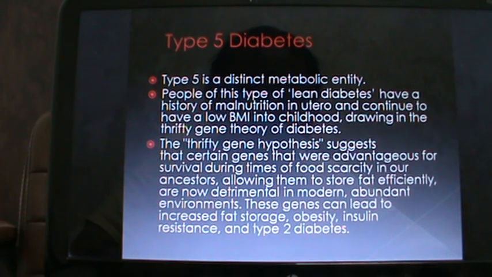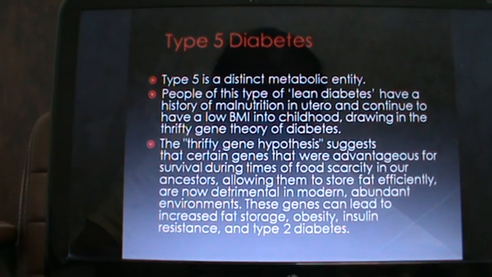What is type 5 diabetes? Type 5 diabetes is a distinct metabolic entity. People with this type of lean diabetes have a history of malnutrition in utero and continue to have a low BMI into childhood. Drawing on the thrifty gene theory of diabetes,